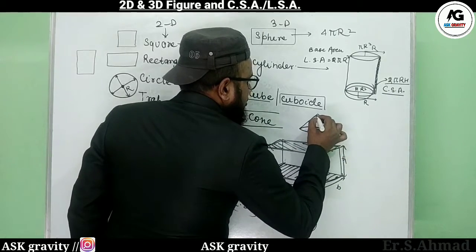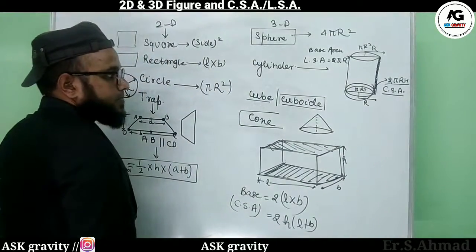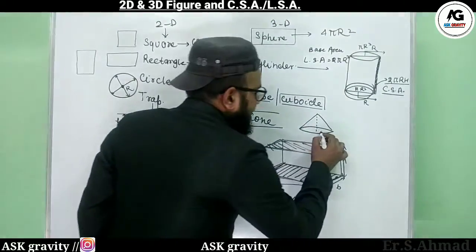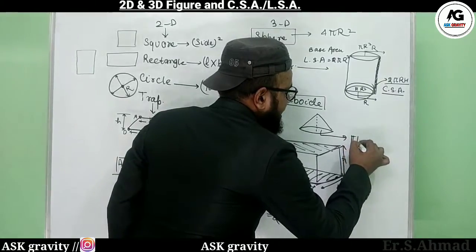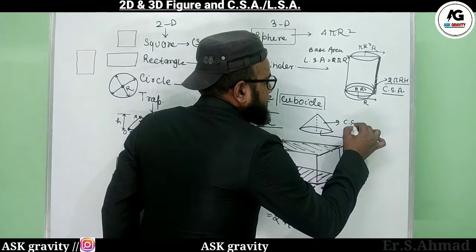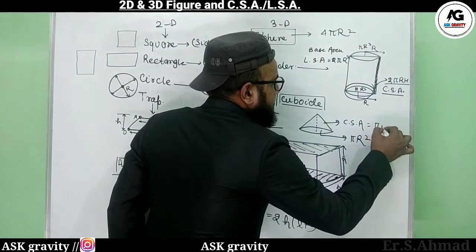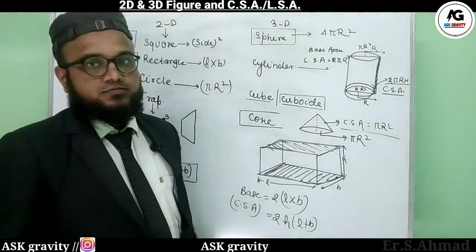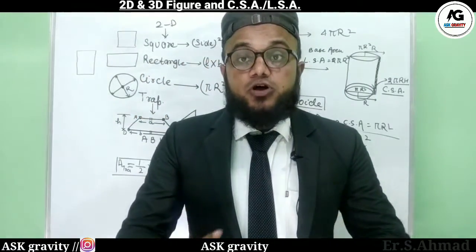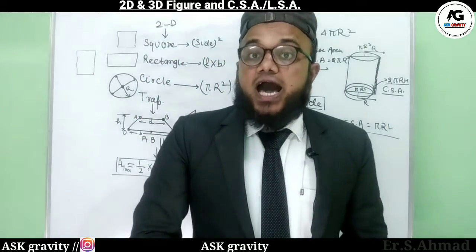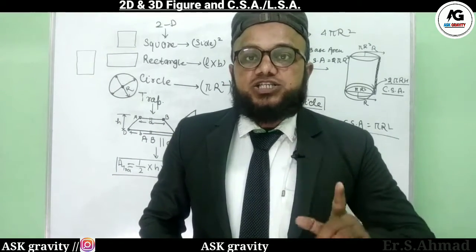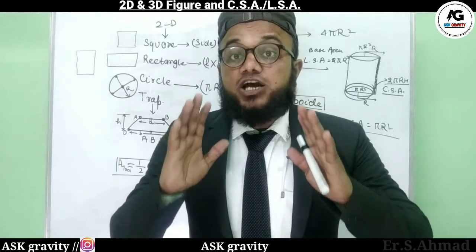Okay, now the cone is shaped like the cap of Santa Claus. Before finding the area of the cone, the base area is pi r square, and the curved surface area of the cone is pi r L. So before finding the area, we have to be very careful. We have to verify which type of shape is given, and once we identify the shape given in the particular question, the next step is to see which type of area is being asked.